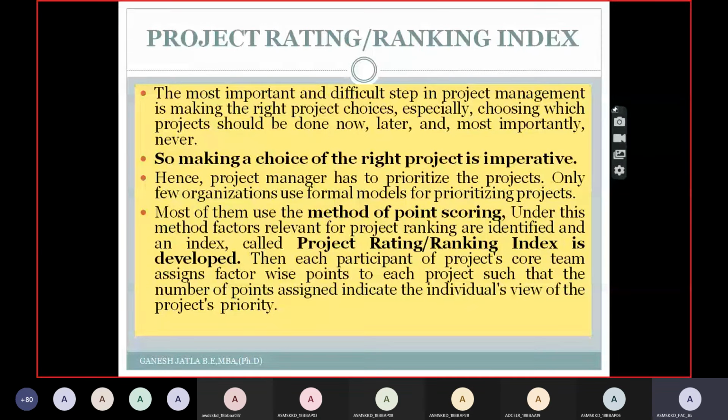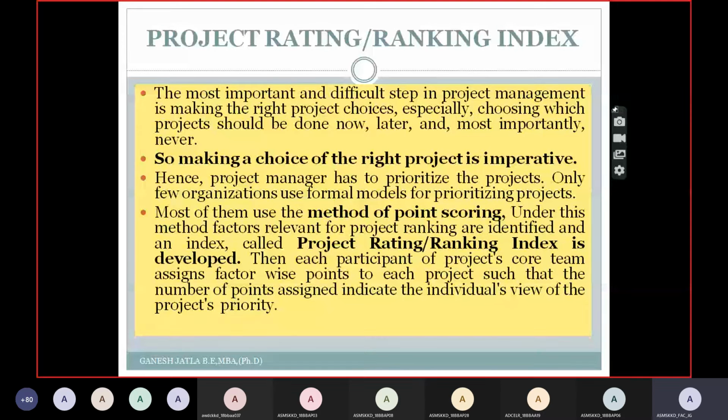Now you have 3 or 4 ideas in your hand, because after producing a pool of ideas, you now have only 3 or 4 ideas. So out of these ideas, which project idea is good for you? For this, we generally require a scientific process or systematic method. So we go with a weighted method by giving weights to the projects by identifying factors. This particular method is generally called the project rating or ranking index.